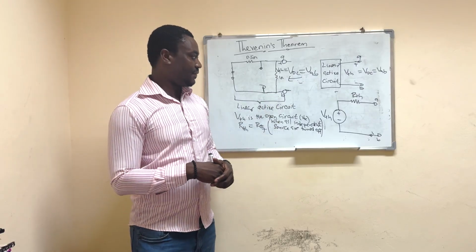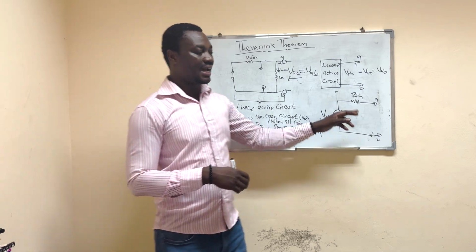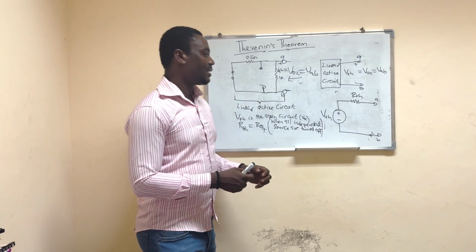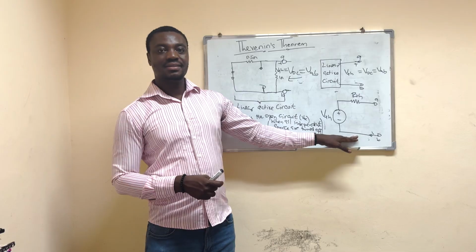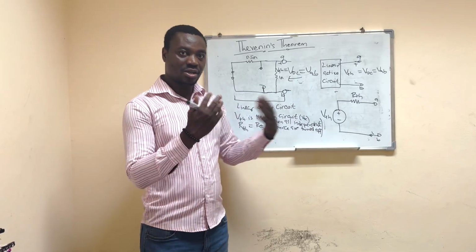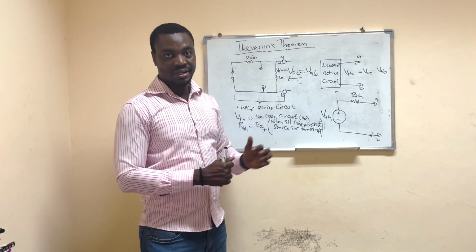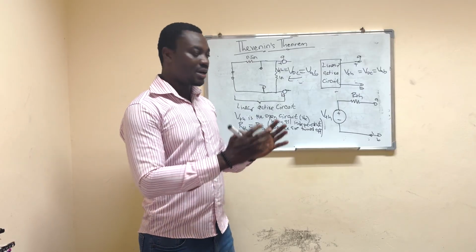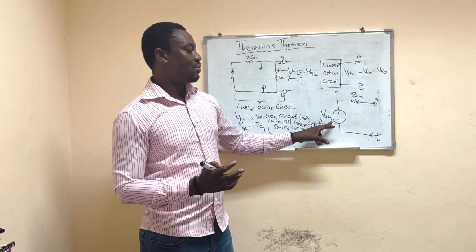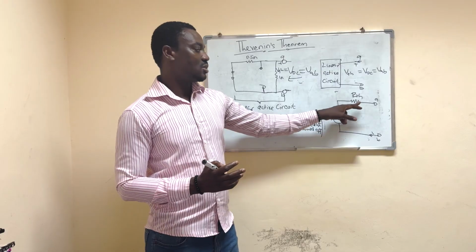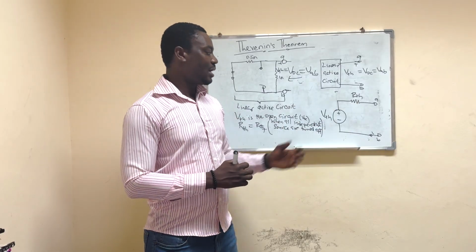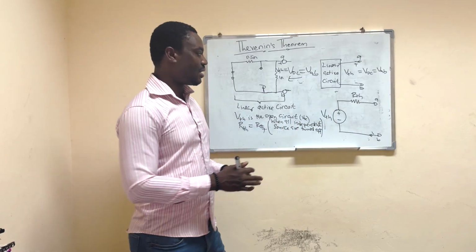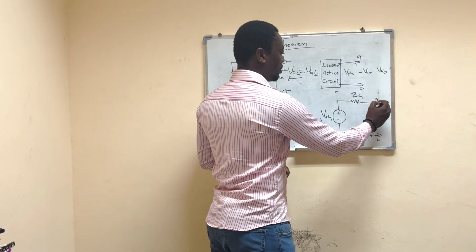Now after getting VTH and RTH, we have our simplified circuit, right? That's just the objective of Thevenin's theorem: to simplify a complex circuit so that you can reduce it to just a voltage in series with a resistor. And once we are done with that, we can now add our load, which we removed earlier,